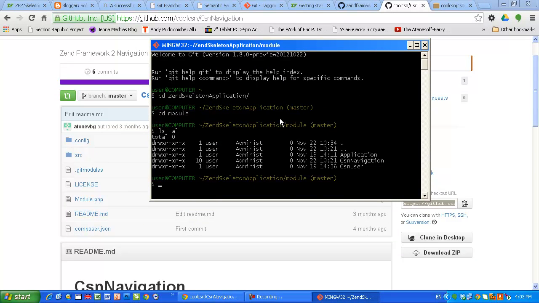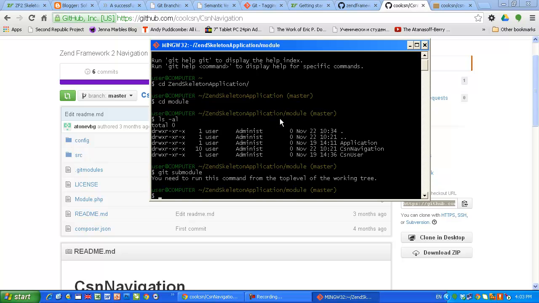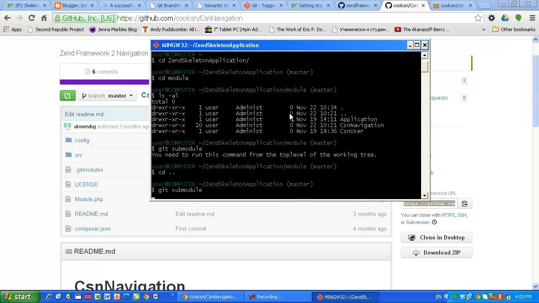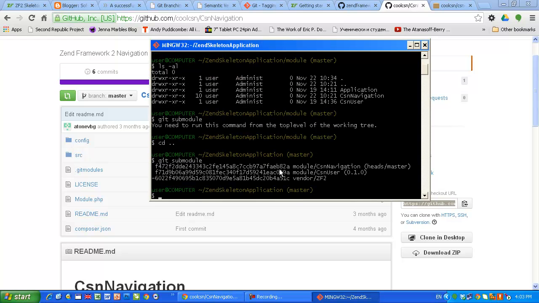Okay, so now let me show you how that looks in Git. Git submodule. Let's see how many submodules we have. Top level, yeah, of course. Git submodule. We need to run this command from the top level of the working tree, and this is what we see. If we say git status,